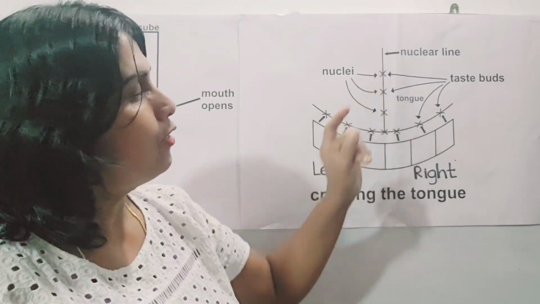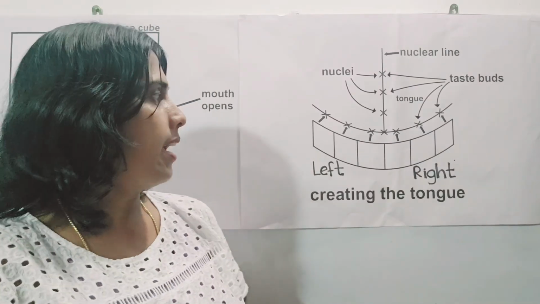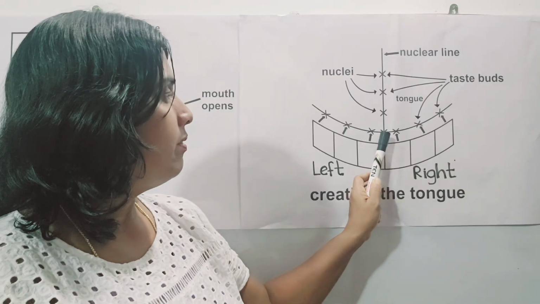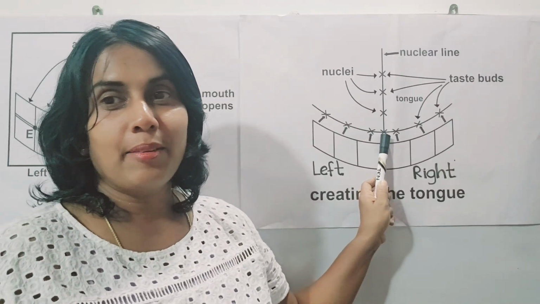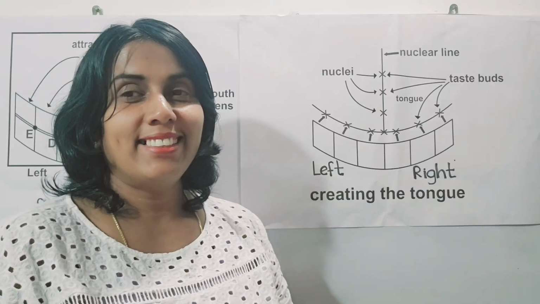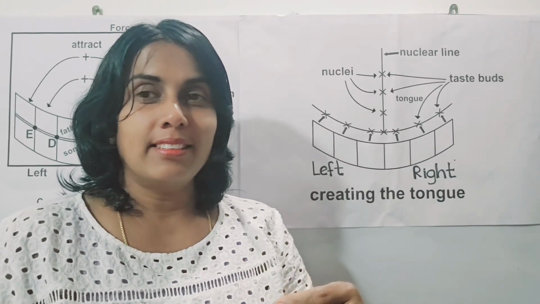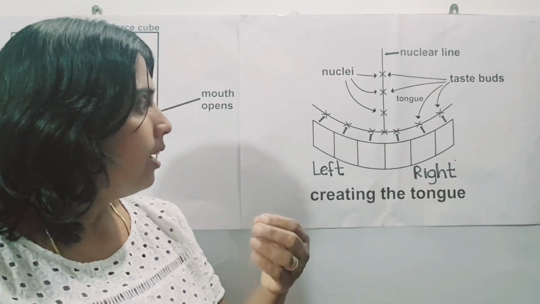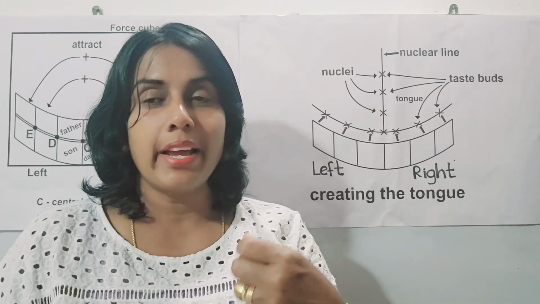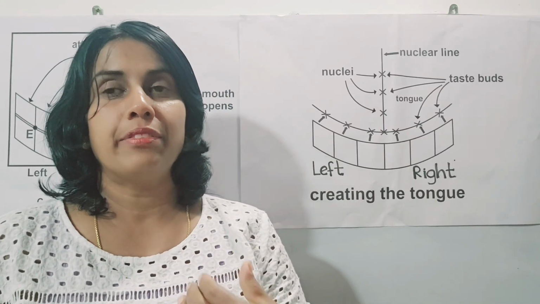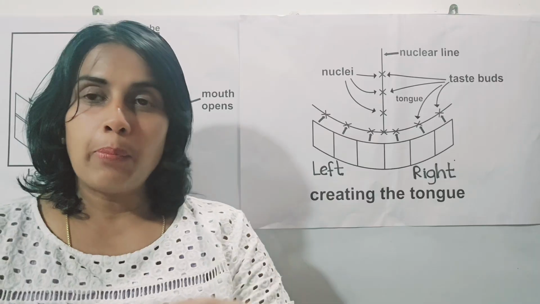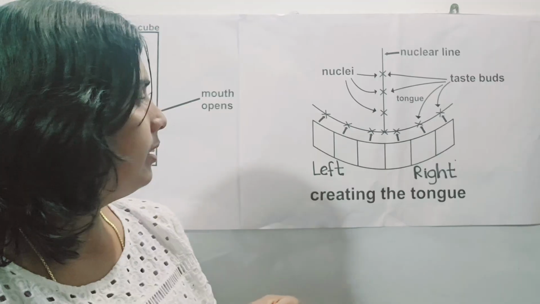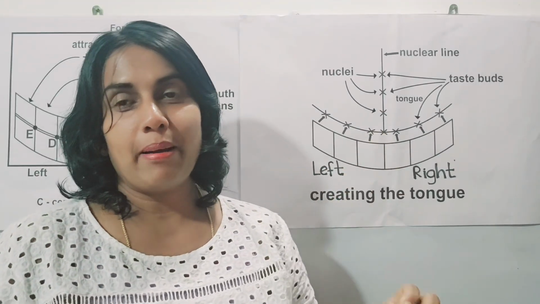These points are the taste buds, and this is the central point, the tip of the tongue, which is the most powerful point of the tongue. And you all know that the tip of the tongue can taste things faster, because it has the power of attraction, the greatest power of absorption, absorbing things from the universe. It has the greatest nuclear power.